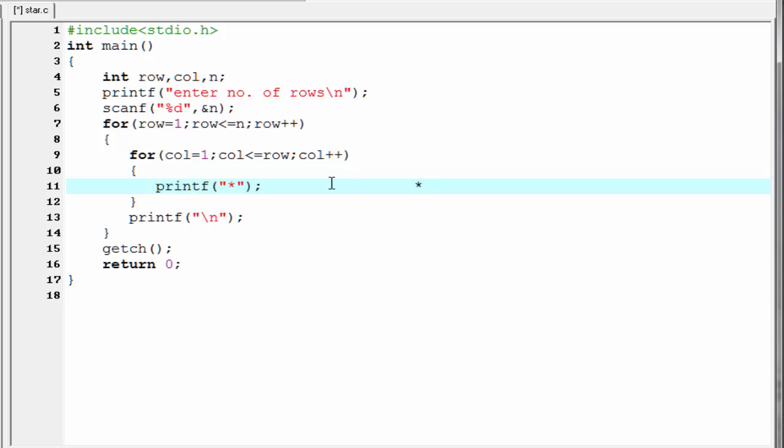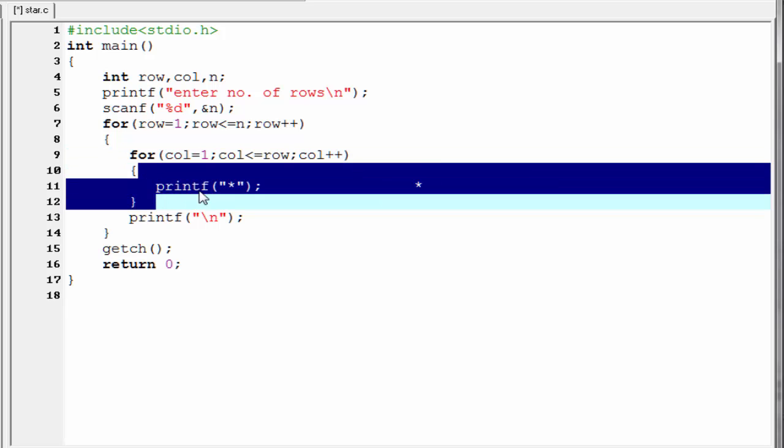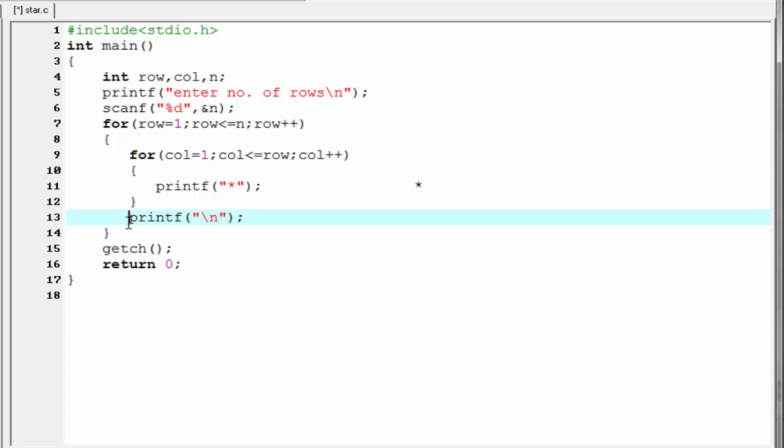Then increment the value of column by 1 and it is 2 now, and then check the condition. This condition is false because this time column equals 2 and row equals 1. So the control comes out of this loop and goes here, then it prints a \n, so it goes to the next line and it comes here.